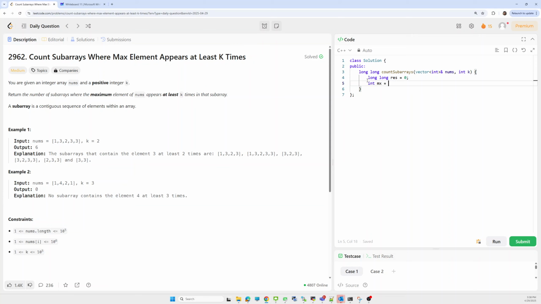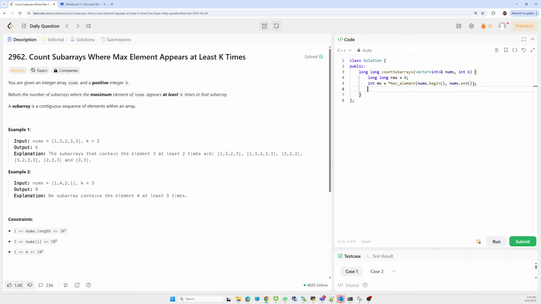We are using the STL max_element for finding the max element for the given array, nums.begin and nums.end. Now this max_element returns an iterator, so we have to dereference that iterator.